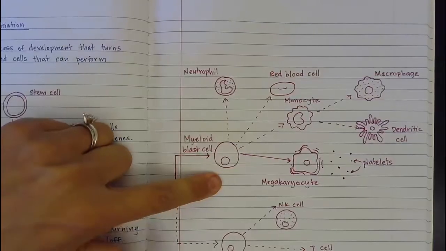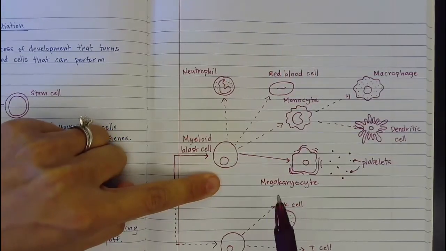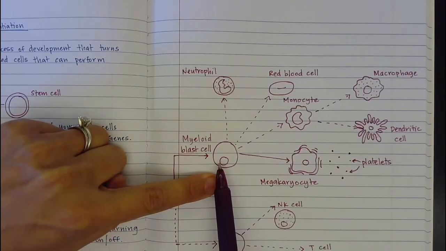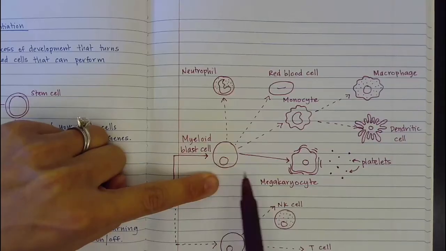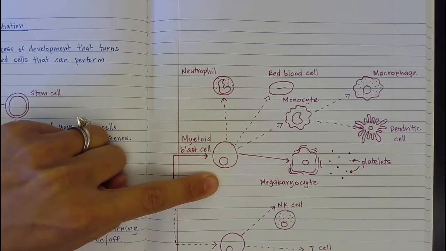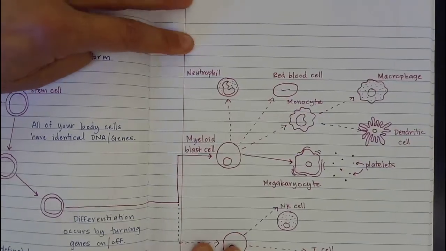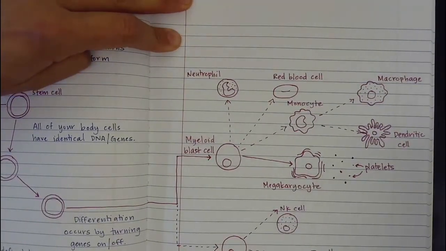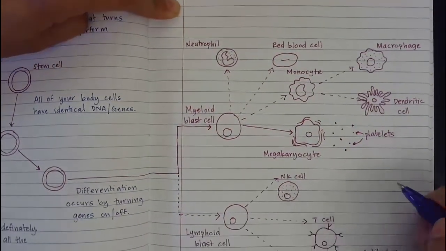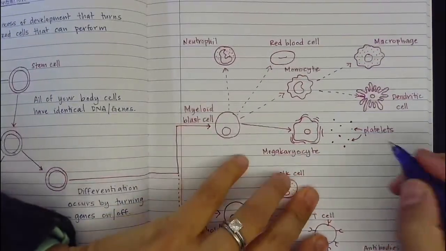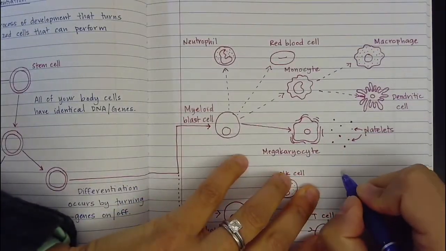There are actually a couple other types of white blood cell that can be made from the myeloid blast cell, but we don't have really room for them and we're not going to worry about them too much. So let's take a few more notes here. So first of all, I want to make a little note about the fact that, we'll do it right here, our fully differentiated cells